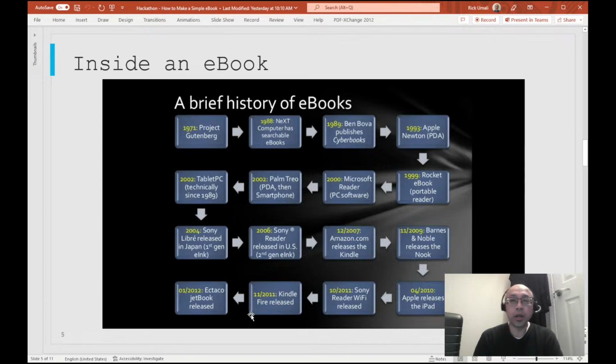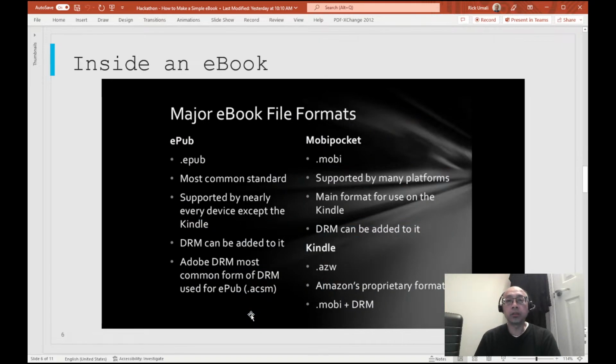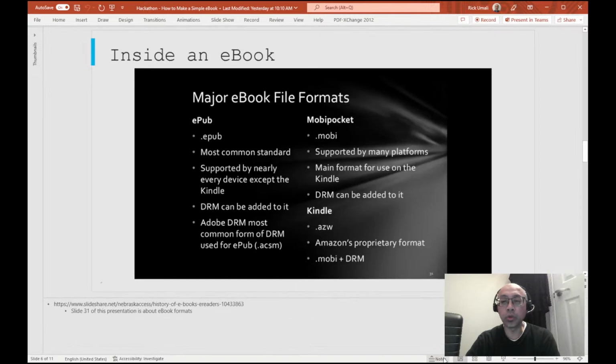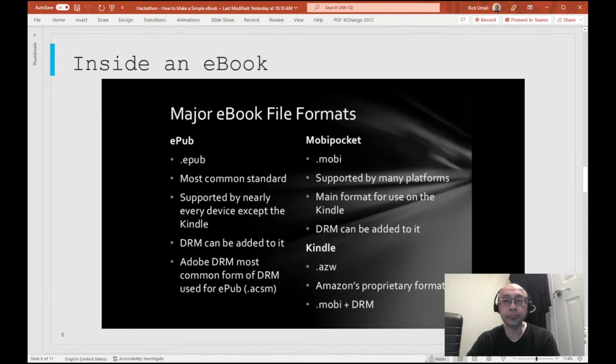And I also like these slides because Michael Sowers talks about the major ebook formats. In fact, there's really two. There's the ePub format, which is the most common standard, as you see here. It's undergoing a standards process with the W3C. And there are links in these slides once I make them available, so you can see the different links that I reference while putting together this presentation. But ePub is an open standard, and